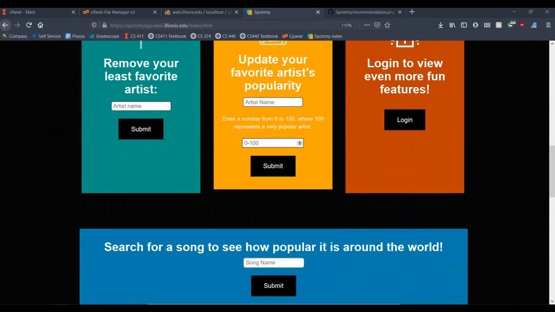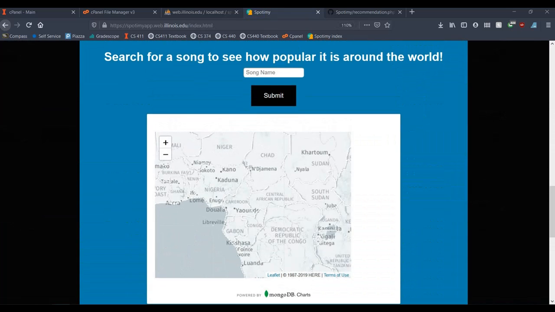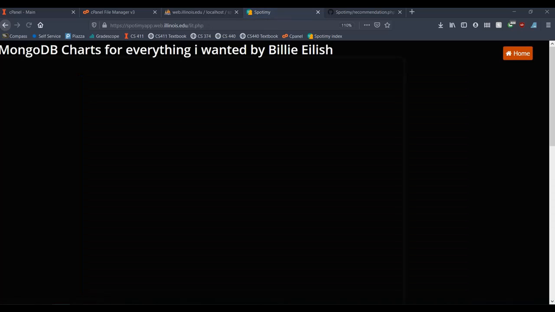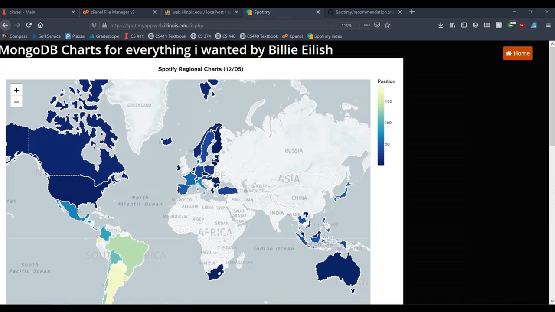Going back home, this is another feature of advanced function 2. I can search for a song to see how popular it is around the world. So I'm going to search for Everything I Wanted by Billie Eilish. When I search Everything I Wanted, the full song information, like the full track name and the artist name, is pulled from our SQL database and then is sent to our MongoDB to then retrieve charting information for that particular song. So right now, Everything I Wanted ranks position 10 in Canada, position 5 in the US, and position 46 in